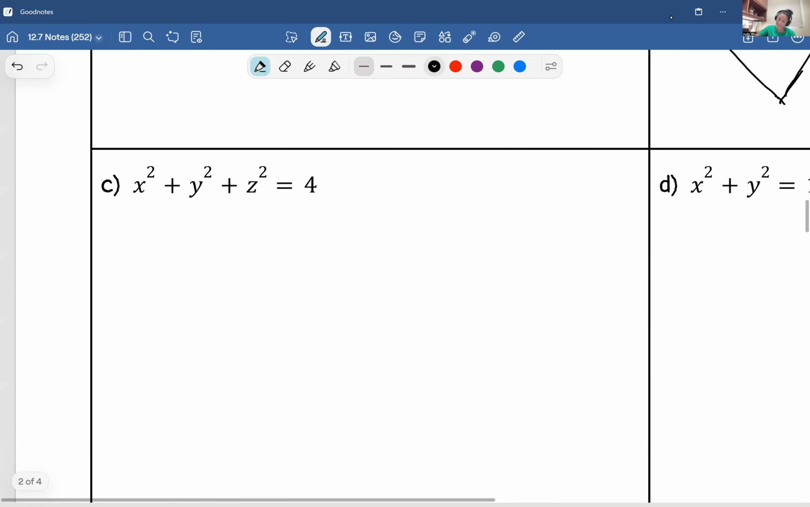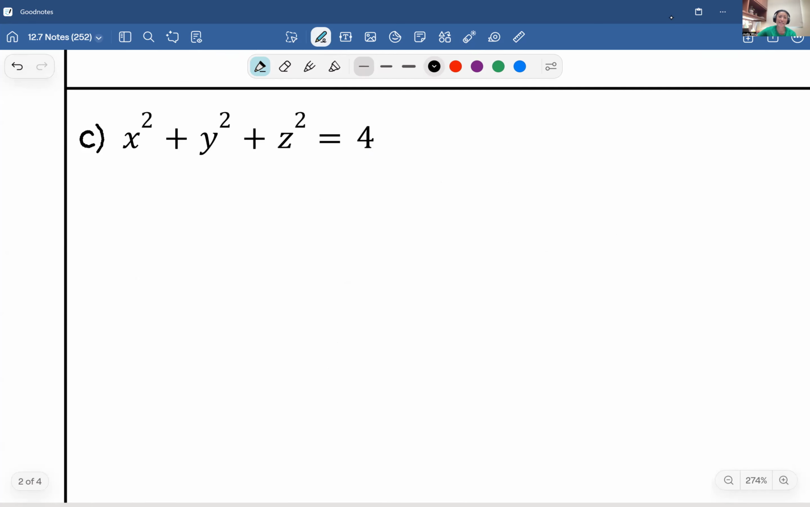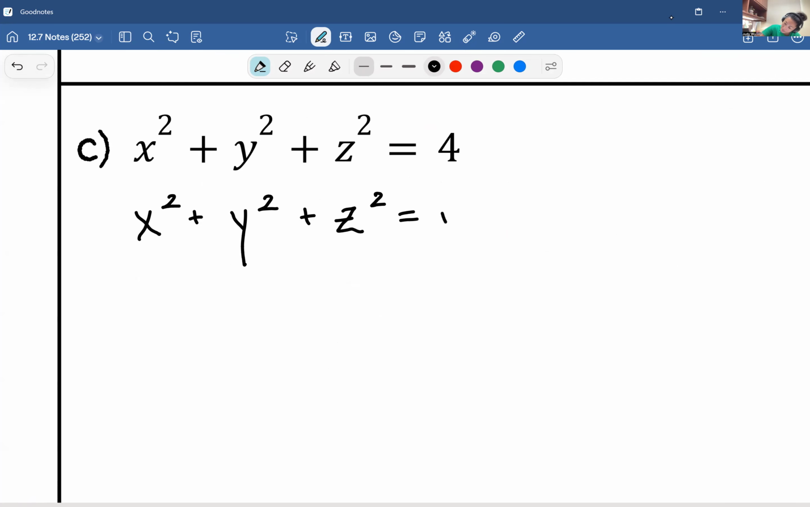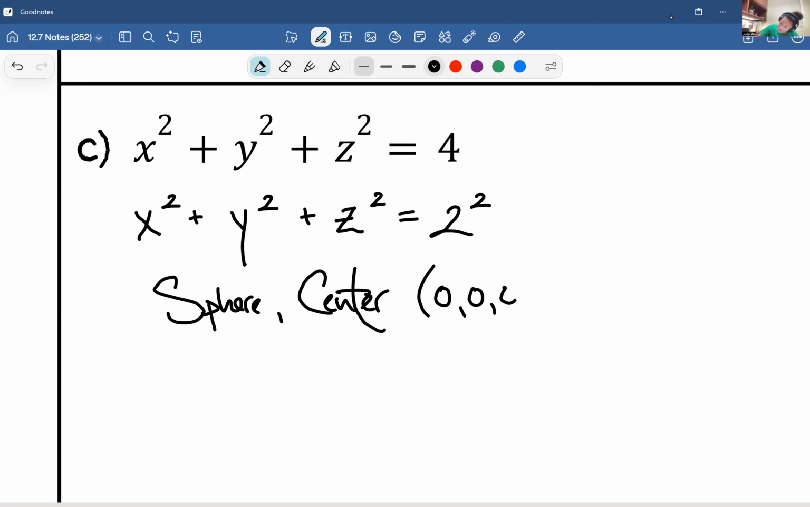All right, let's take a look at this third one. We're picking on some classic quadratic surfaces here. We've got x squared plus y squared plus z squared equals 4. And this is something we saw very early on in the semester in the general form x squared plus y squared plus z squared equals our radius squared. And anytime we had that, that was really our way of defining a sphere, okay? So let's go ahead and write 4 as 2 squared. And now I know that this is a sphere with the center at 0, 0, 0, and a radius of